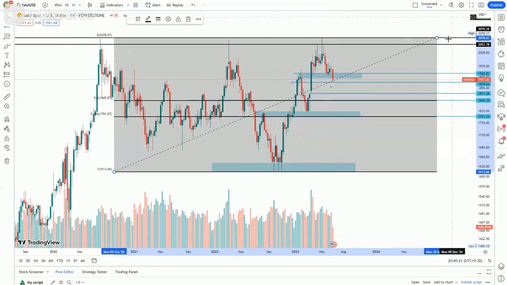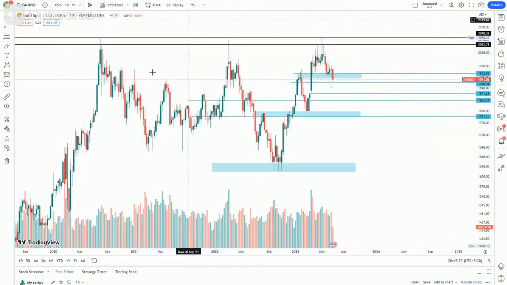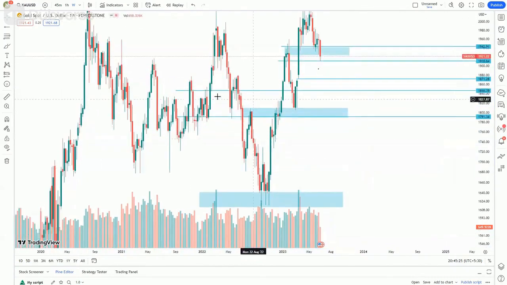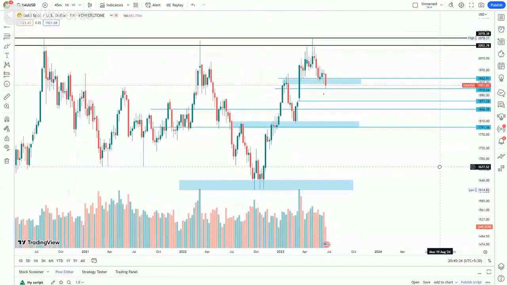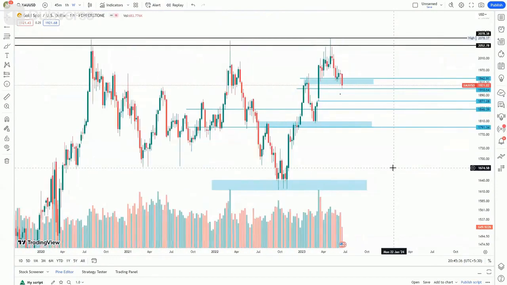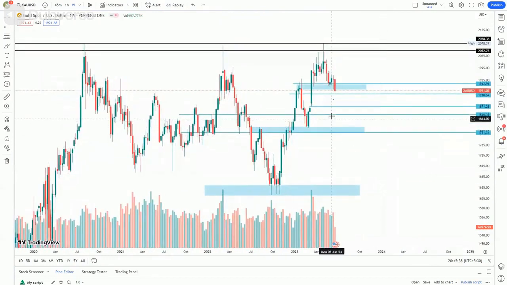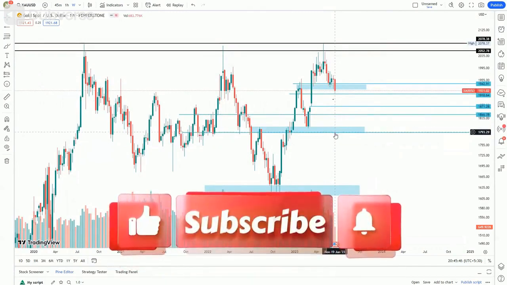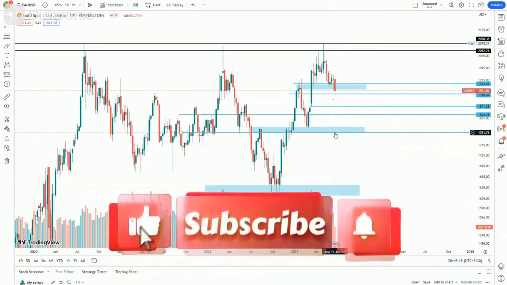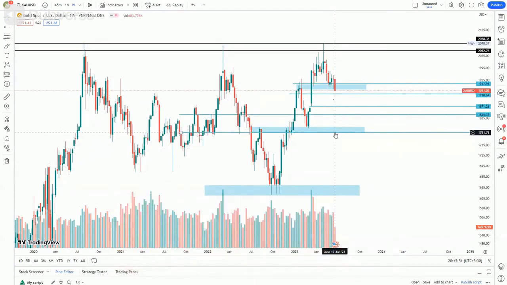Now we have deleted our Fibonacci. So we have 2 levels here. The first is 1845, the second is 1792. So these 2 important zones are for us. Now the market has come down with a pullback. So the first zone is at a week time frame, 1845, and the second is 1790. So the market can come to these 2 zones and can break it.